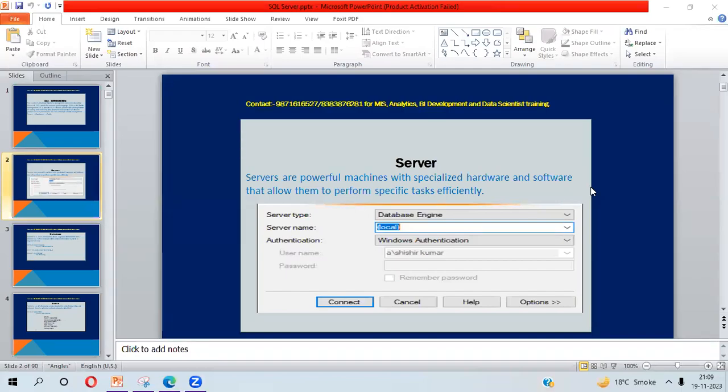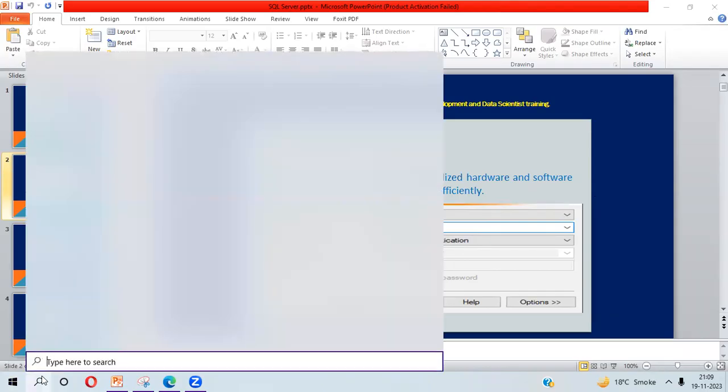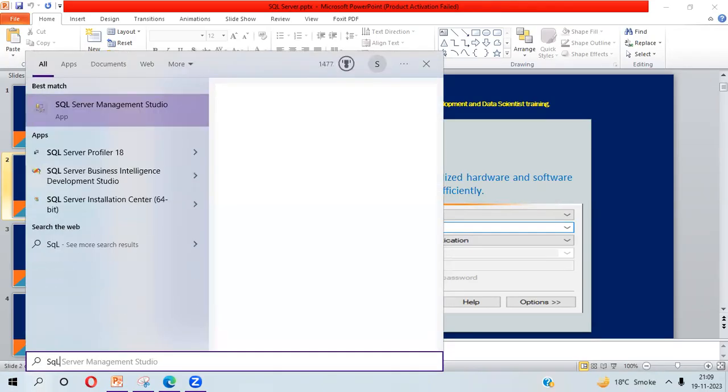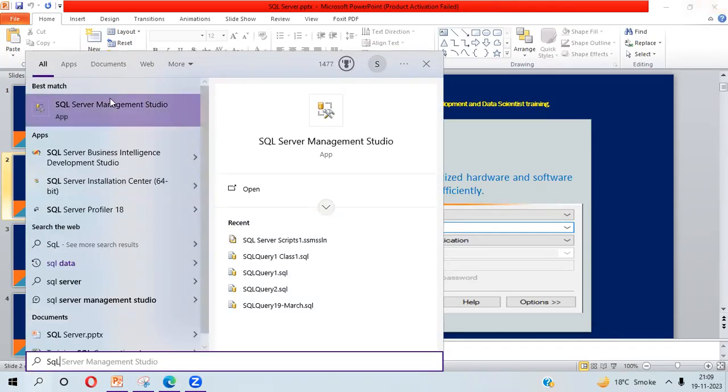Hi, in this video, I'll discuss the interface of the SQL Server. So this is the initial interface of the SQL Server. If I open the SQL Server, you can see here, I'm just opening SQL Server Management Studio. Okay, so you have to open this SQL Server and now,